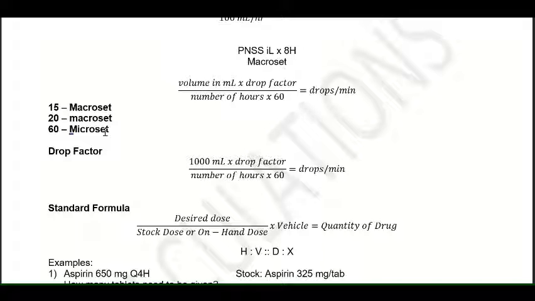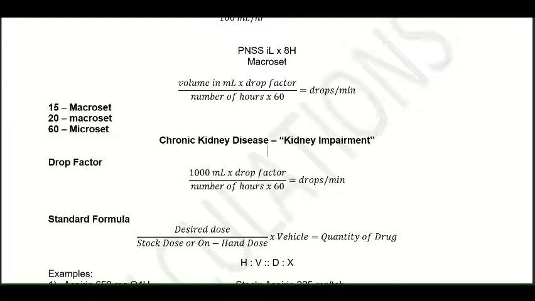the fluids quickly. If your patient, for example, has chronic kidney disease, which may still sound foreign, let's think of it as kidney impairment, meaning there's a problem with the kidney. The kidney could not excrete water. Remember, lessons in anatomy would tell us that it is the kidney that forms our urine. So let's think of chronic kidney disease as cannot excrete water in urine. If this is the case of your patient, you need to place your patient on a microset because your microset will prevent the sudden